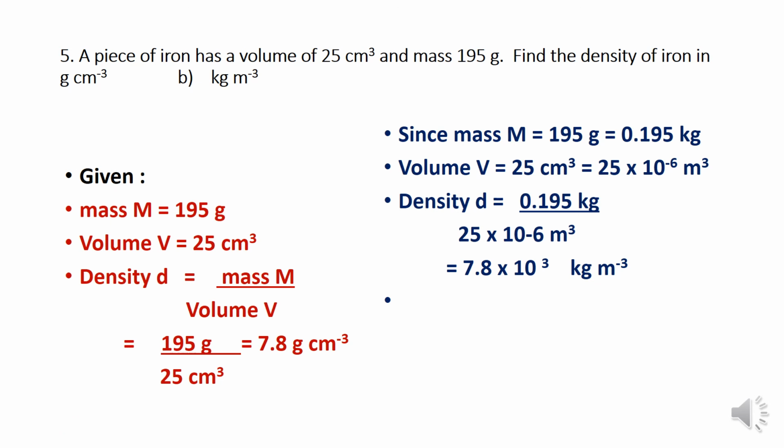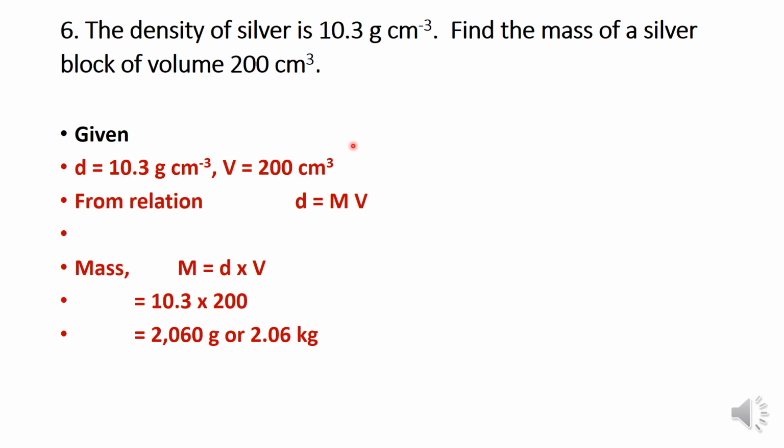Now the next question. The density of silver is 10.3 gram per centimeter cube. Find the mass of a block of silver of volume 200 centimeter cube. So this time you are given density and volume. You have to find the mass. Okay. So we have to come to a